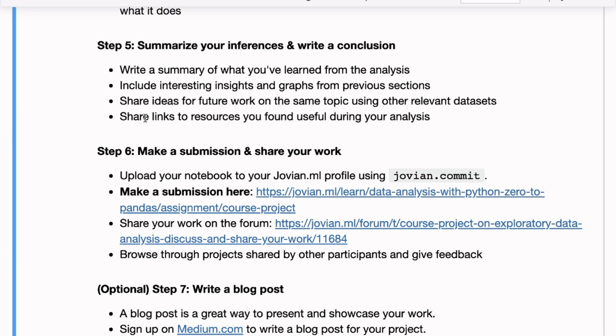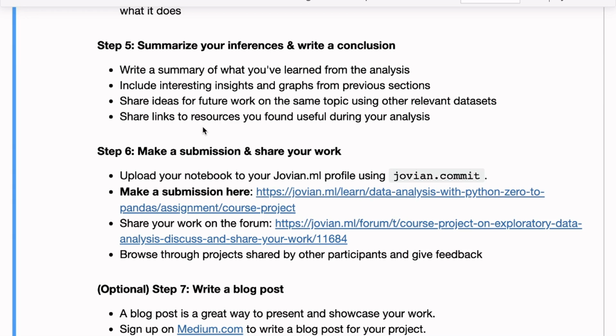And finally, while working on this project, you will probably refer to at least a few dozen blog posts, articles, documentation pages, Stack Overflow answers, and some of these you might want to just note down and keep track of.